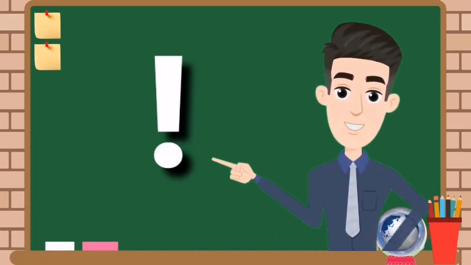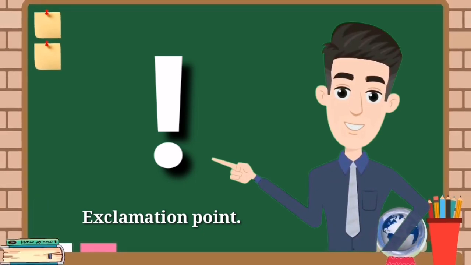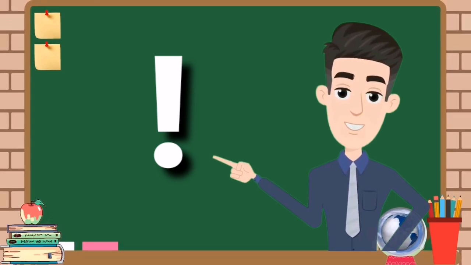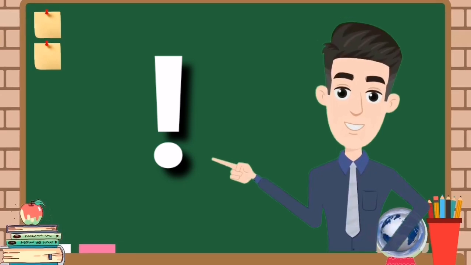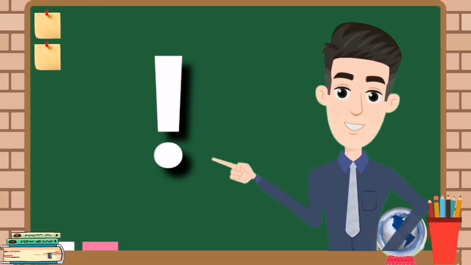Are you familiar with this symbol? In English, we call it an exclamation point or punctuation mark. Exclamation points go at the end of exclamatory sentences. And an exclamatory sentence is one that expresses a strong or forceful emotion, such as anger, surprise, or joy. Example: I got a perfect score in math. Get out of my sight. Careful, the spider is poisonous.